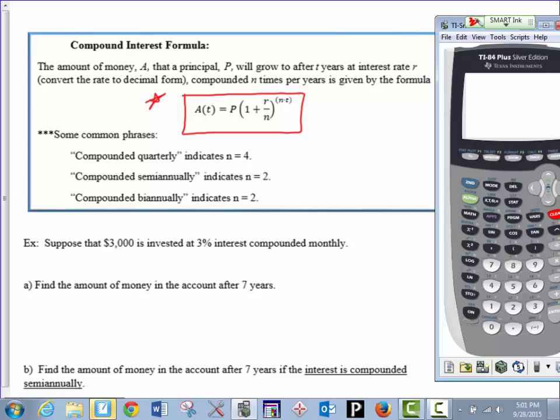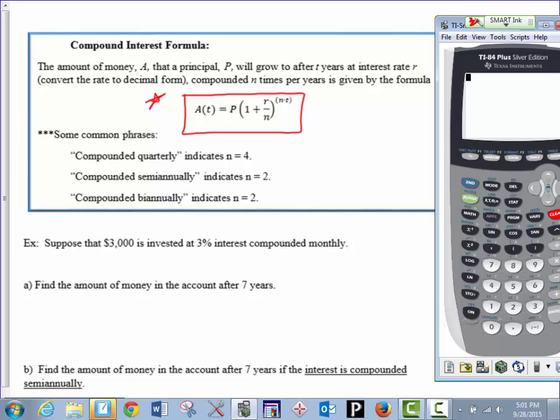This formula says that the amount of money A after a particular time t in years is given by the amount of principal that you put into the account times 1 plus r. R represents a rate. You need to make sure to convert your rate into decimal form, divided by n. n tells the number of times it's compounded per year, and then all that is raised to the power of